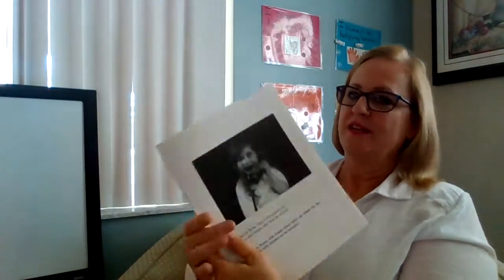So, remember, at school, we were making up different names for these people in the book, but I'm going to read the book just like it is. And then next time, maybe we'll make up different names. That'll be fun. But today, this is Rosa. She is 5 years old. And one day, when she was at school,